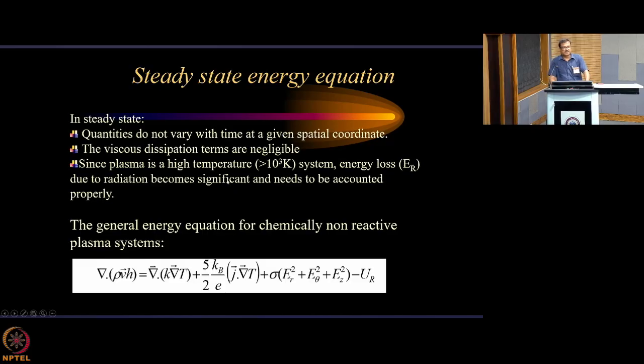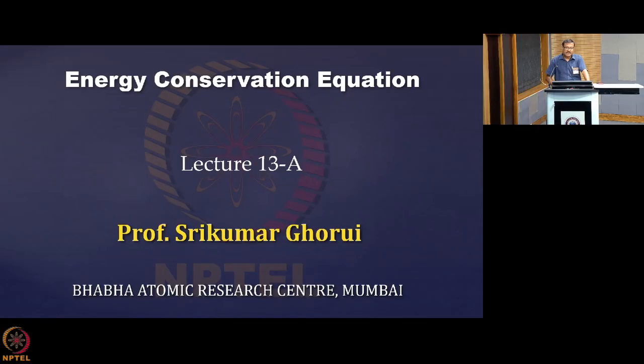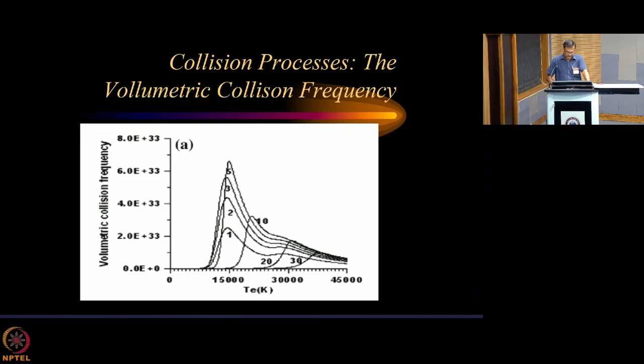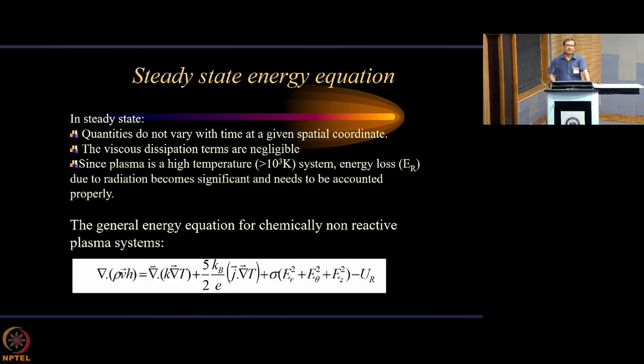Okay, for example, suppose in this room you keep a heater, then the temperature will start rising, and after a certain time you will see that the room has equilibrated to some temperature T, because there are many dissipation mechanisms and the heater is adding some heat. So you have an elevated temperature, but that elevated temperature is now steady, it is not changing anymore. So the time varying part, whatever was there, goes, and then you are left with this kind of steady state equation. So what it is giving, actually the left hand side is the convective term.